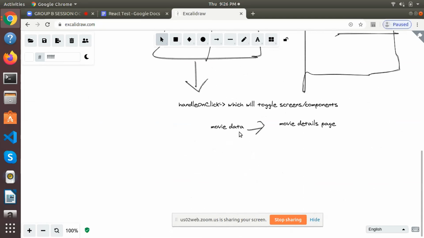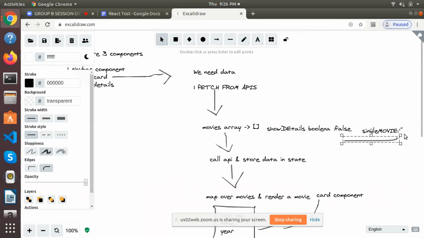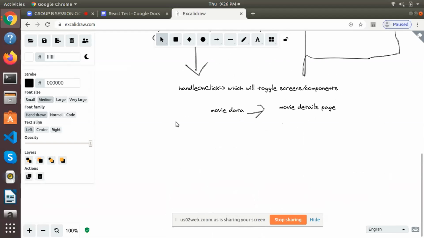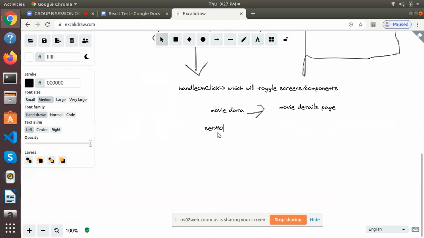And for that you need a function, because this particular value is in app.js, and it can only be changed by its app.js component only. So you need to make one more function, something like set movie or show movie details. You can rename it as anything, and that will receive a movie,